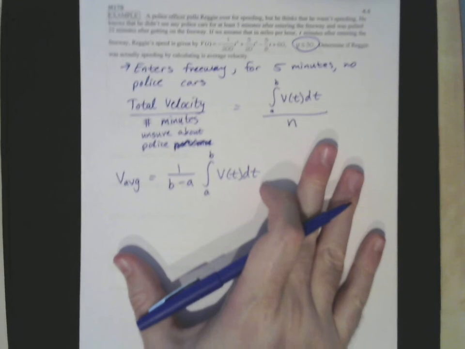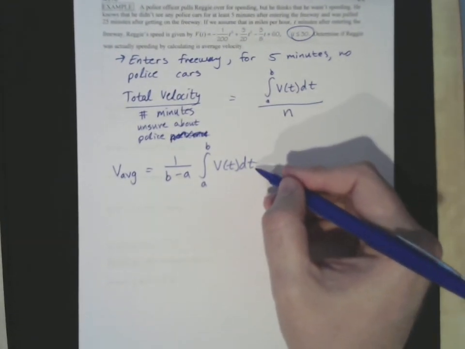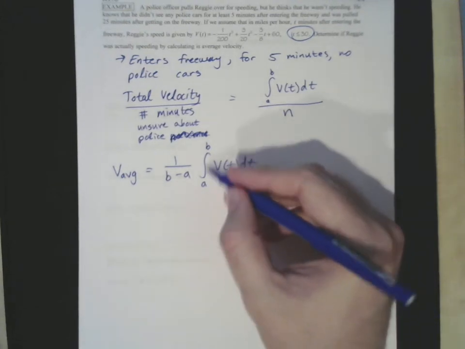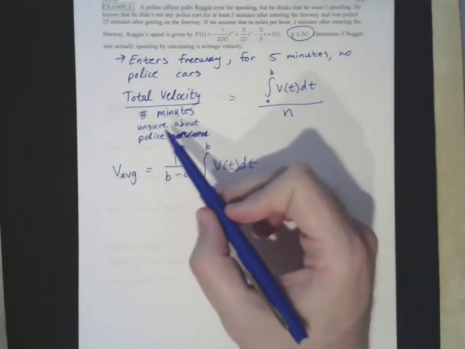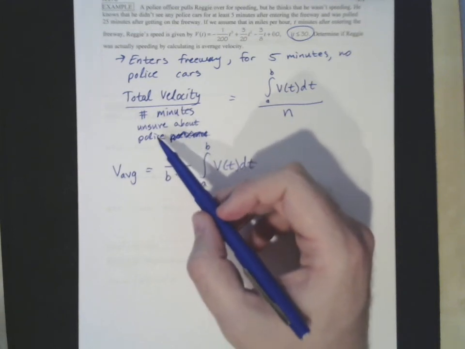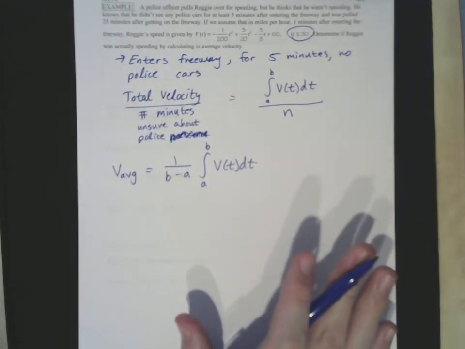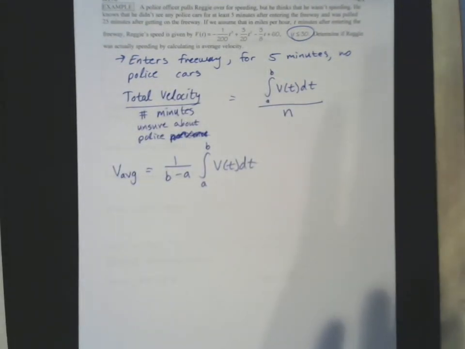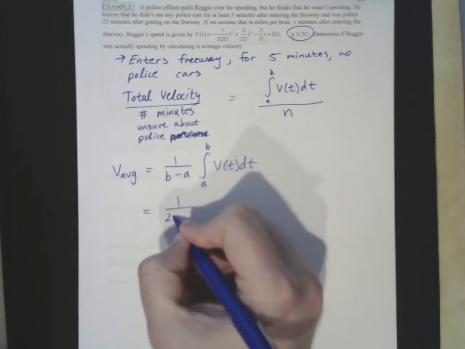And so we need to decide what a and b are. Since we're looking at the number of minutes that he was unsure about the police, we're going to start at 5 minutes, because he's sure that for 5 minutes he saw no police cars. And then, you know how we get when we're driving on the freeway, a little bit tunnel visioned, he stopped noticing. So this is going to be 1 over 25 minus 5